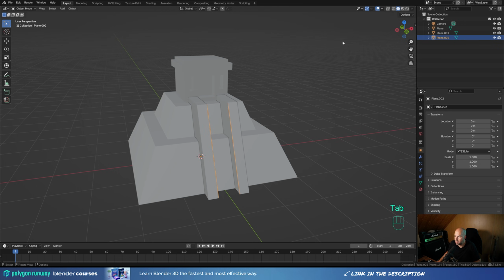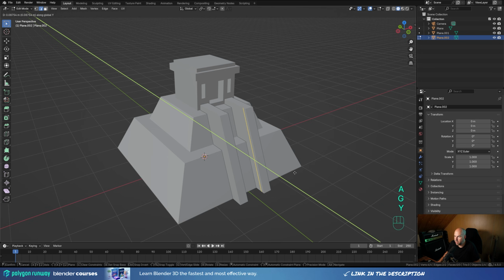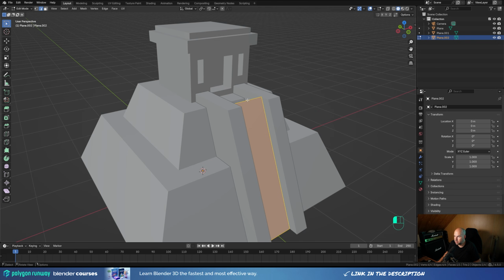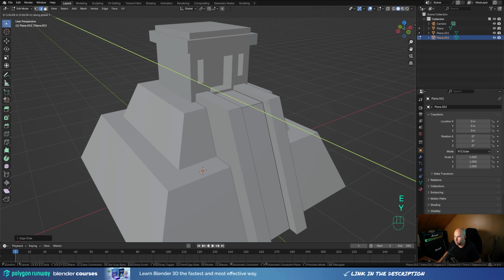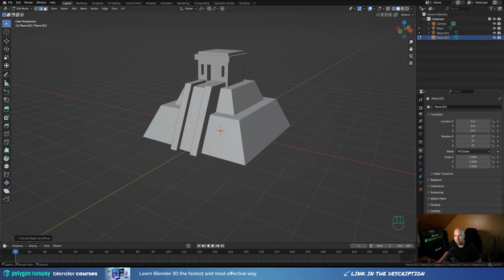So we can now tab out, select the new object, tab back in, and now press A and G then Y to move this back a notch like this, and press F to fill to create a face there. Now select the edge on top, press G twice to slide it back, and then E and Y to extrude it right here. And now here we'll create the steps, but now this looks a little bit too steep, so